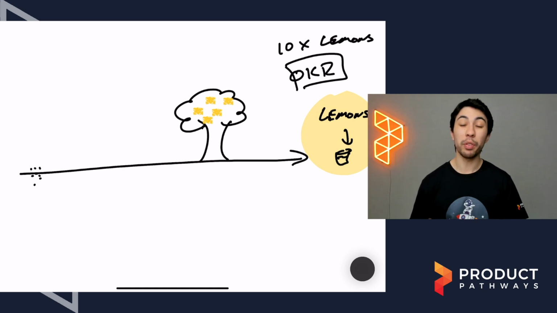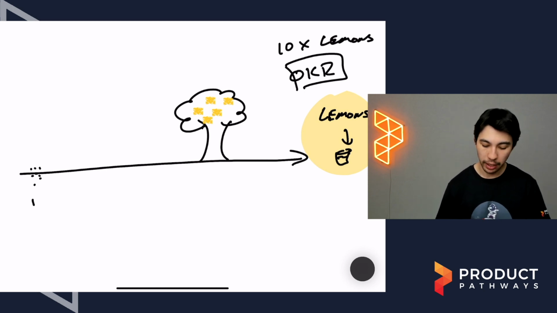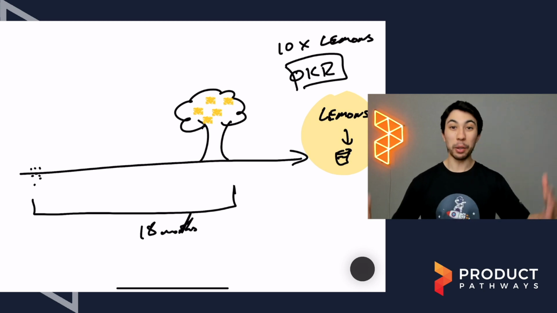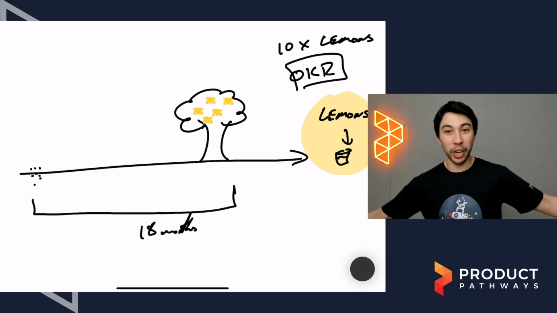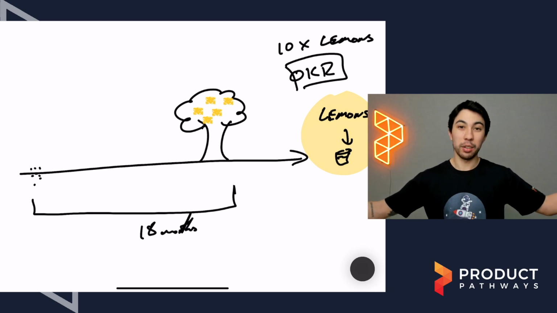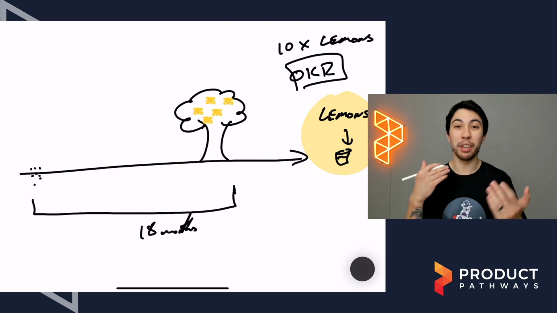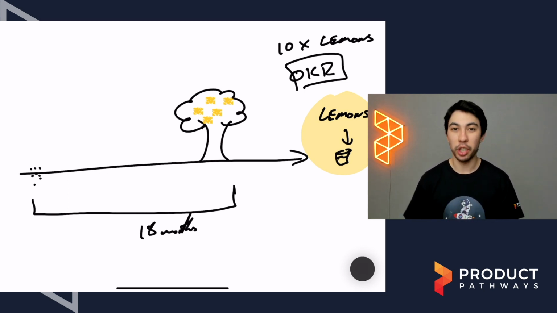It could take us 12, 18, 24 months before we even realize that OKR, which means we planted seeds and then we wait 18 months and then we come back and we look, has a tree grown? And surprise, surprise, there's no tree. And we think, oh, we failed. Now it's time to pivot, right? That's a long time to get feedback that what we did is not working and not achieving our goals.